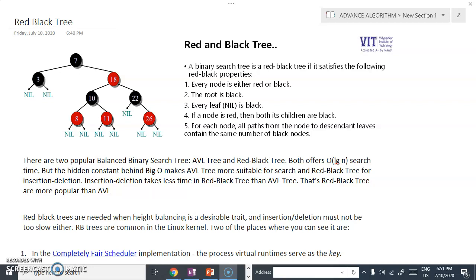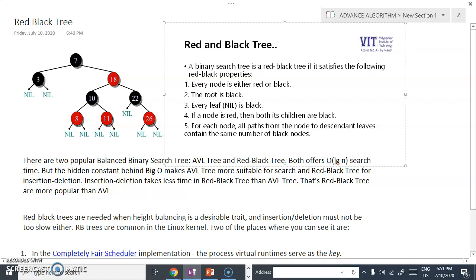of advanced algorithm. In this video, I'm going to introduce you to red-black tree. Now, red-black tree is an advanced data structural topic. It is a special type of tree. Of course, it is a binary search tree as we can see here. But it is a binary search tree where we have a color associated with every node.